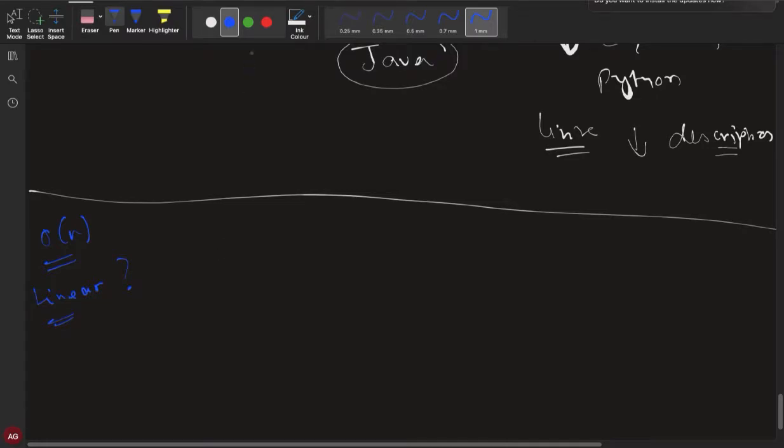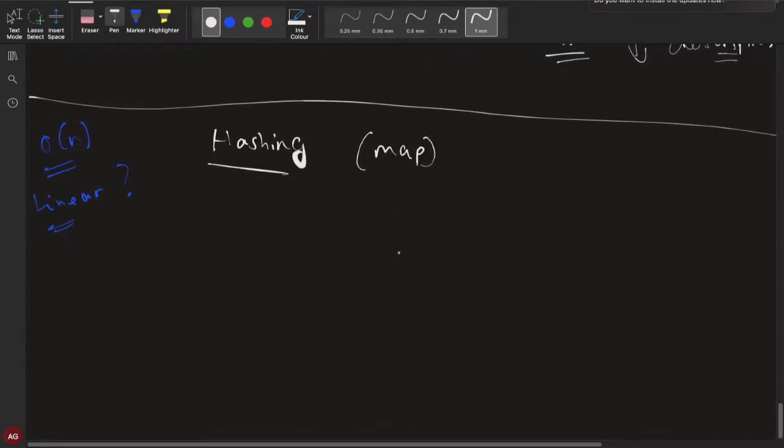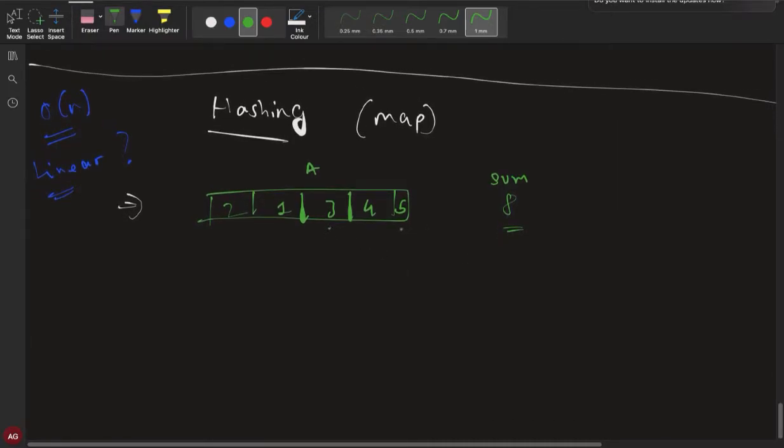We will achieve this efficiency using the concept of hashing, and the data structure will be a map, hash map, or anything like that, based on the programming language that you are using. So I'll just revisit the question with you guys. Our array A was 2 1 3 4 5, and the sum was 8, right? And the elements were 3 and 5. So the pair of elements exists and the output will be true.